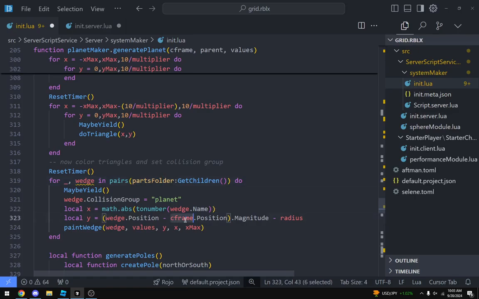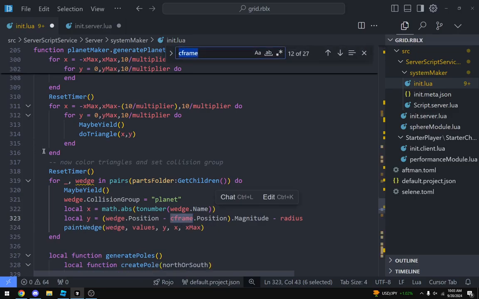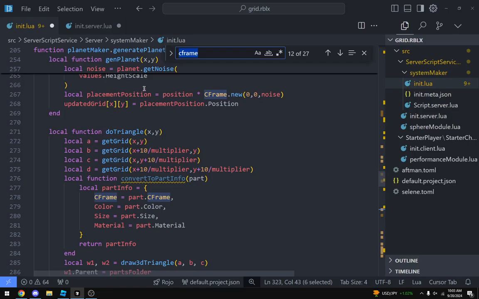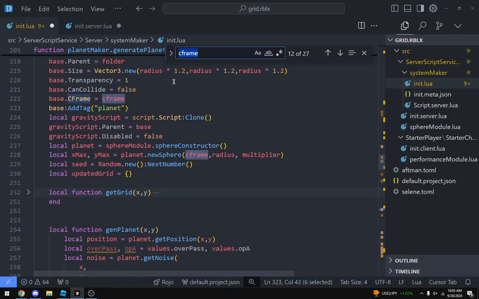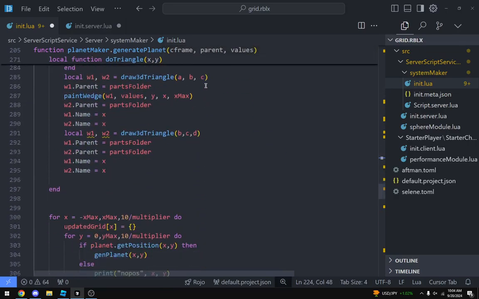What is C-frame? Where are you in this? Where is C-frame defined? Oh. Naughty, naughty, naughty.